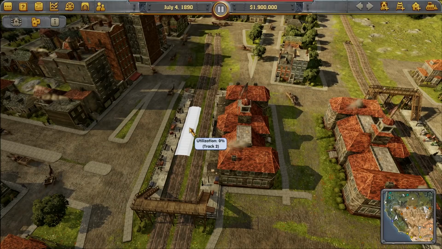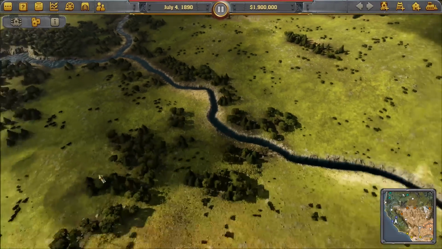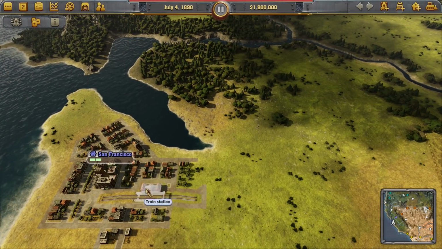I'm going to have this one be sort of dedicated for San Francisco to Sacramento traffic. And that might include multiple trains. And so we may plan to have, like, a double line between the two, although we don't need that quite yet. And same thing in San Francisco,